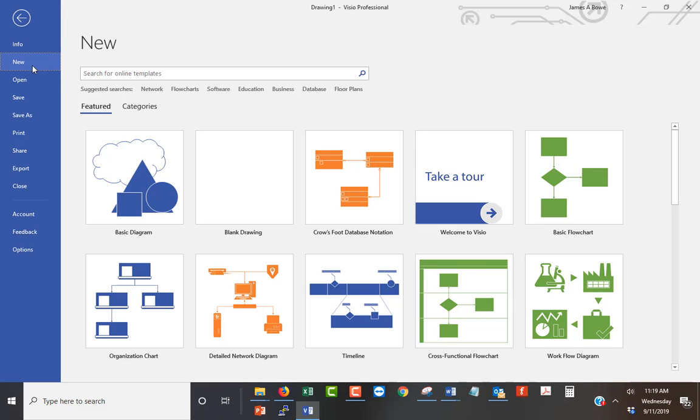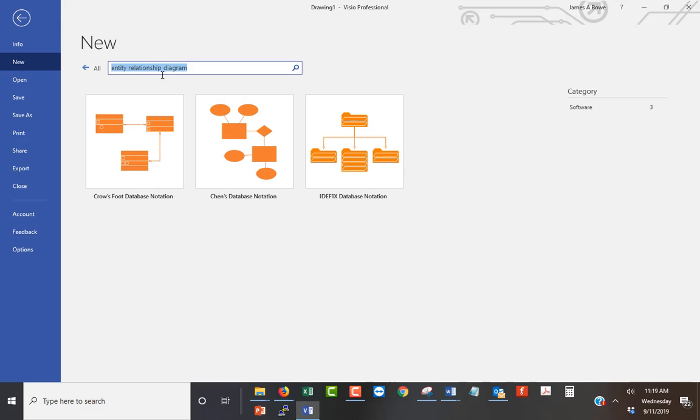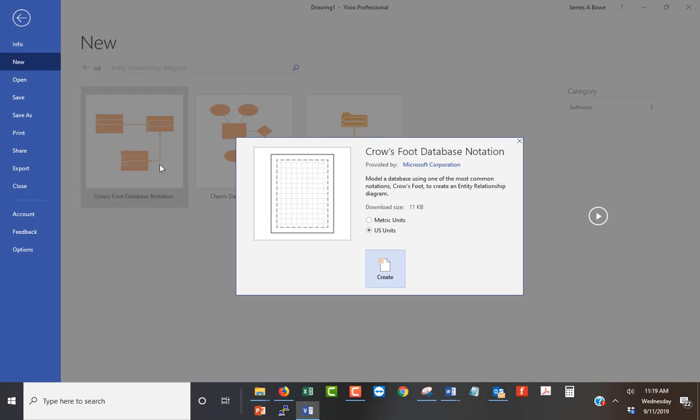We are going to start by doing a new, and then we are going to put in entity relationship diagram. Okay, we'll search for that, and it gives us our choice of the three that we've talked about, and we want to select the crow's foot, and we're going to do that in US units. So we'll say create here,